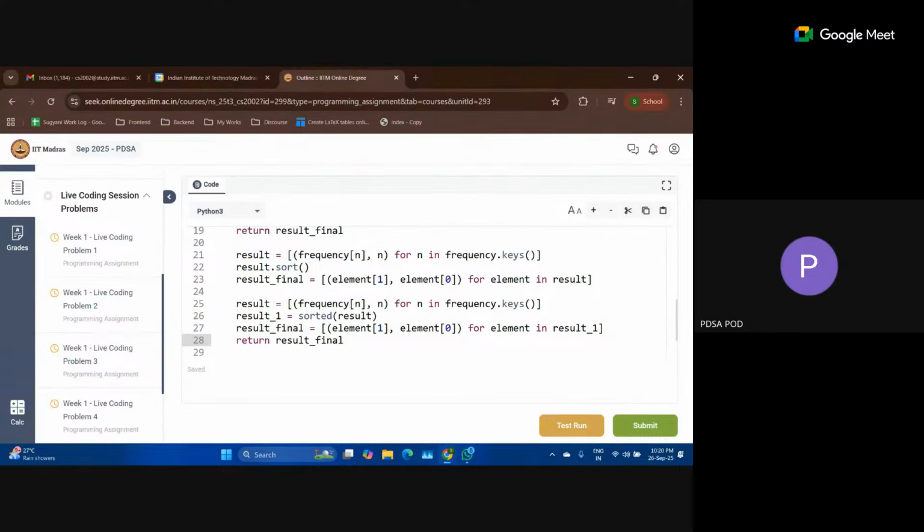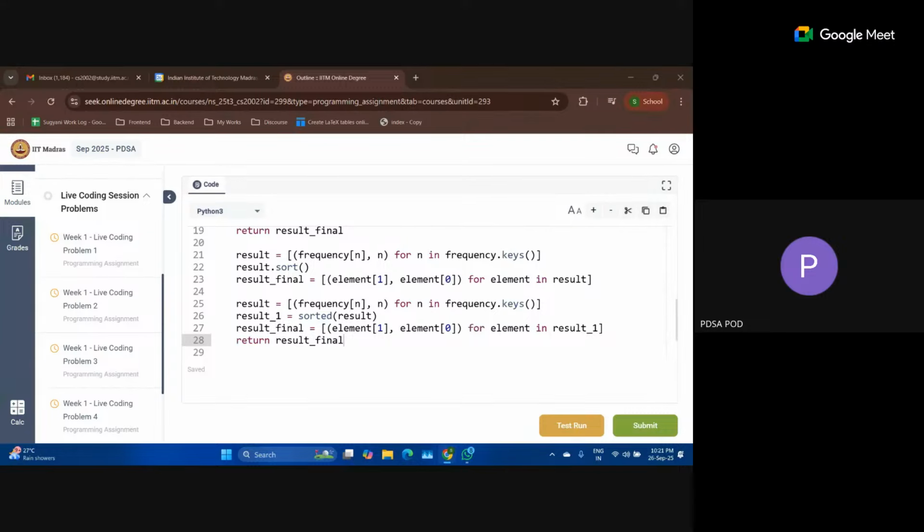Ma'am, just one more doubt. Here we did not use the dot count method because that was what we were being asked to do. But in real life examples, it is better to use dot count, right? Because that would be faster, or would it be the same speed?